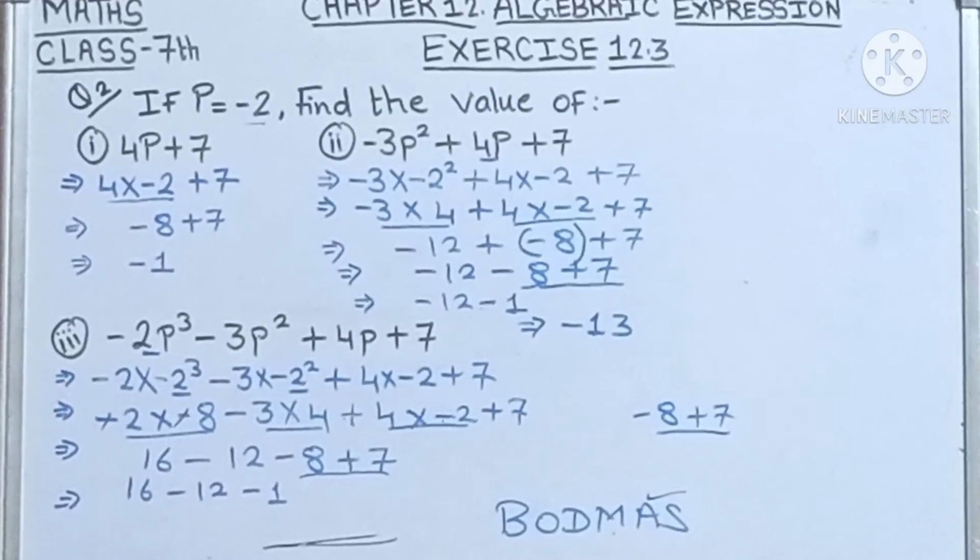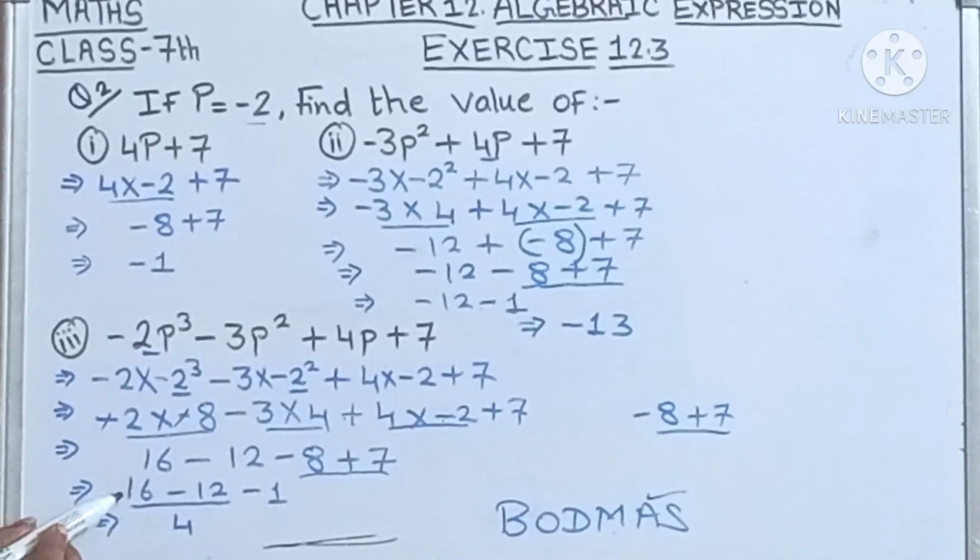Now all the terms are of subtraction. Now we have to subtract all the terms. So we will take only two terms. First we will solve the two terms. We can solve these two terms or we can solve these two terms. Any number, any terms we can solve first. So first we will solve 16 minus 12. 16 minus 12 will be 4, and the greater number has the positive sign. No sign is given, means it is a positive sign.